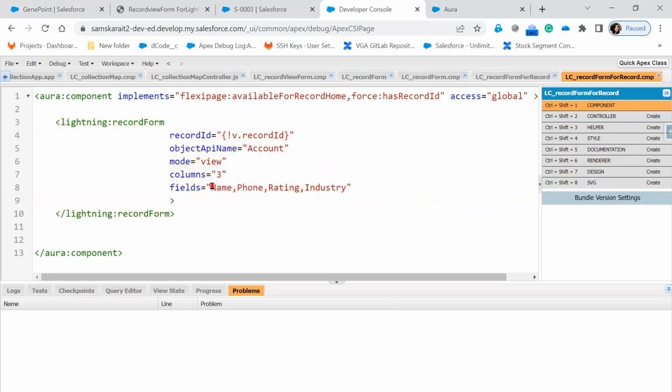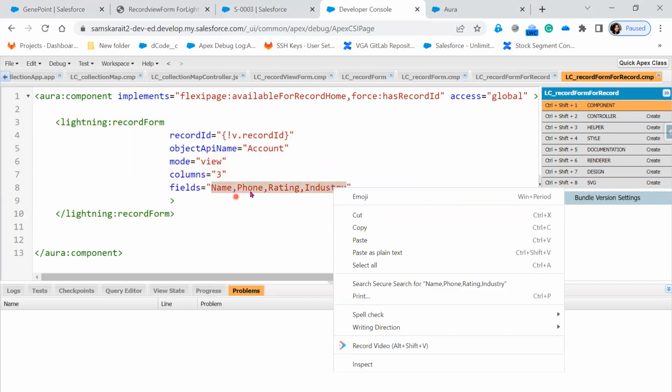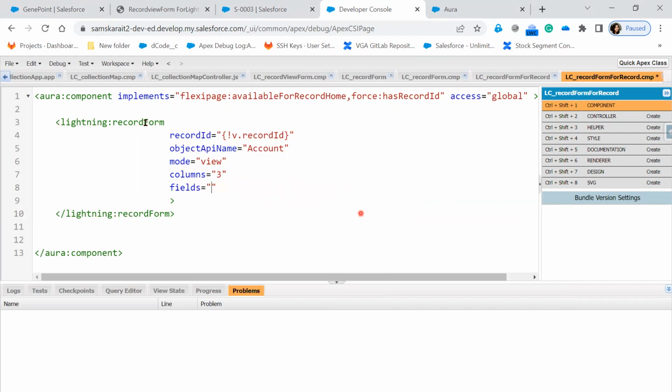So whenever you mention fields in this way, it won't be accepted by the record form. For that, you need to implement an Aura attribute and field. So, sorry, Aura attribute name equal to my field